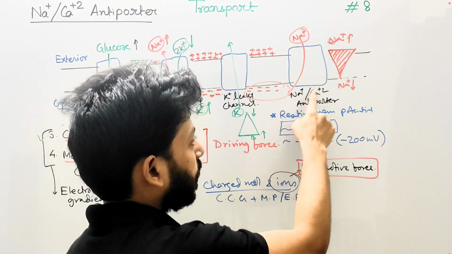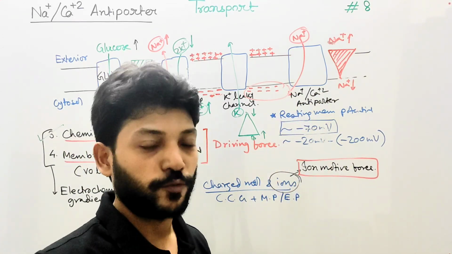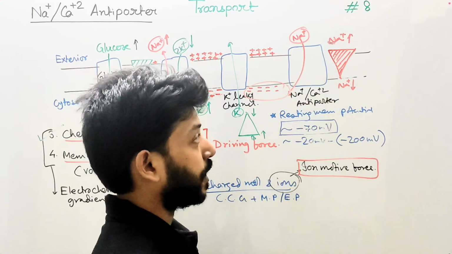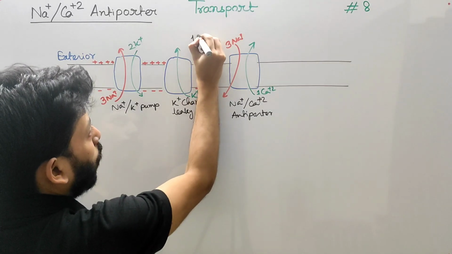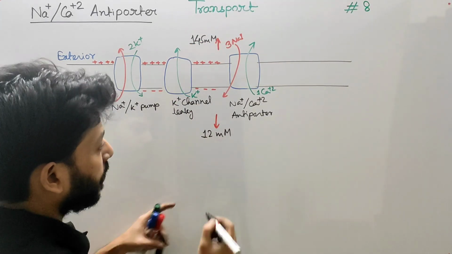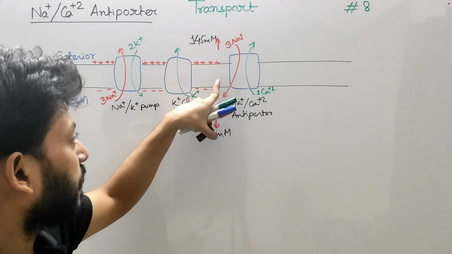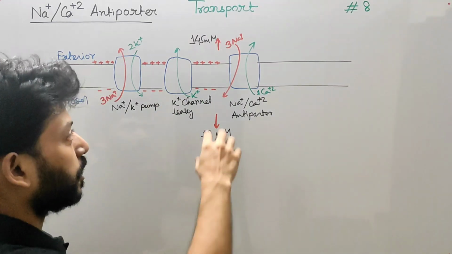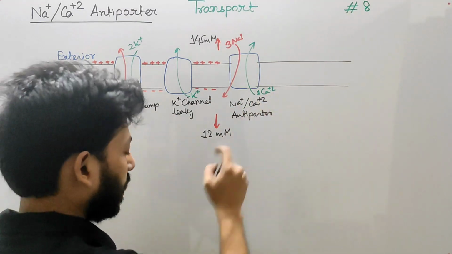Now here in this sodium calcium antiporter, the movement of sodium is the downhill movement. From higher to lower concentration the sodium is moving. So now let me explain how the sodium calcium antiporter works. The outside concentration of sodium is about 145 millimolar and inside is 12 millimolar. So as you can see, there is a 12-fold difference in the chemical concentration gradient. And as there is also a potential or voltage difference across the membrane, the movement of sodium is favored. But in this case the calcium actually moves